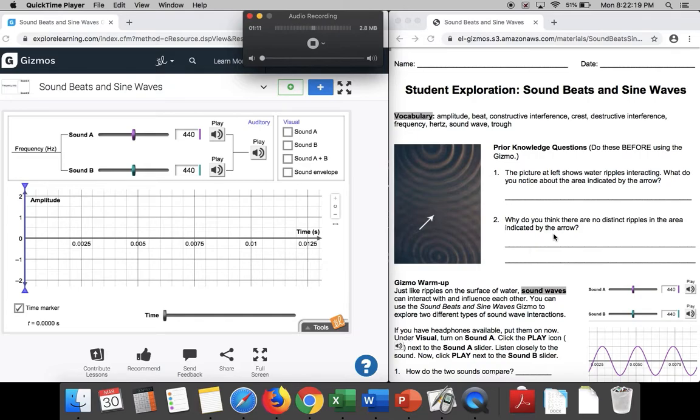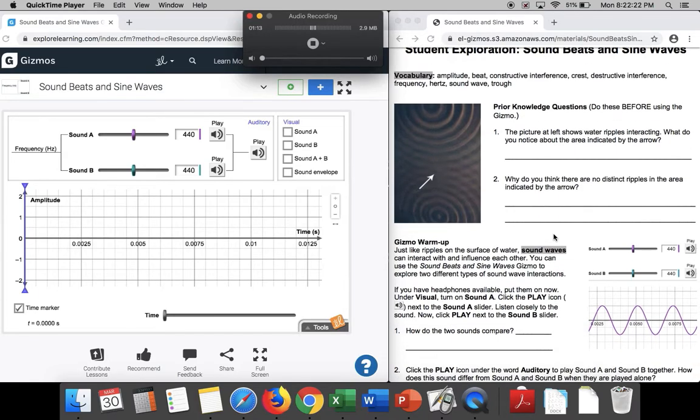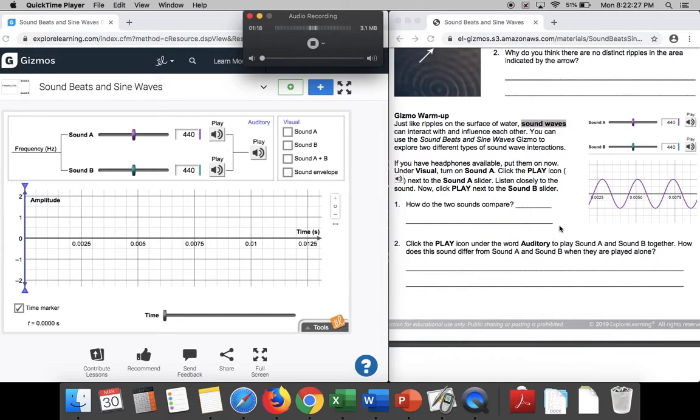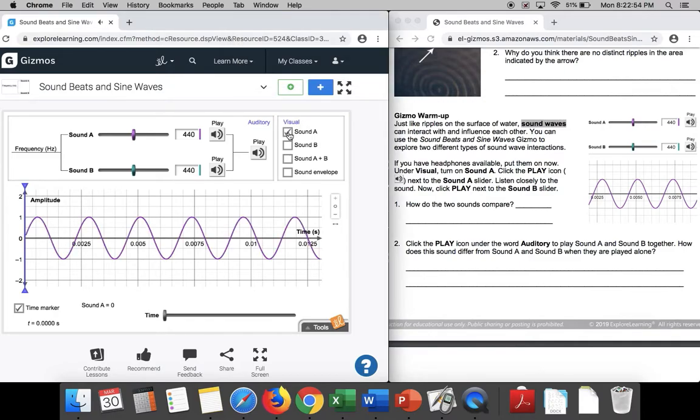Once you do your prior knowledge questions, then you can move on into the warm-up. The warm-up always explains to you how to set it up and get you familiar with it before you actually get started on it. So what we're going to do right here, it tells us you want to go underneath visual. So I've got the screen pulled up right here of what the actual Gizmo itself looks like, and you'll find in the top right this little thing that says visual. You'll want to click turn on sound A,